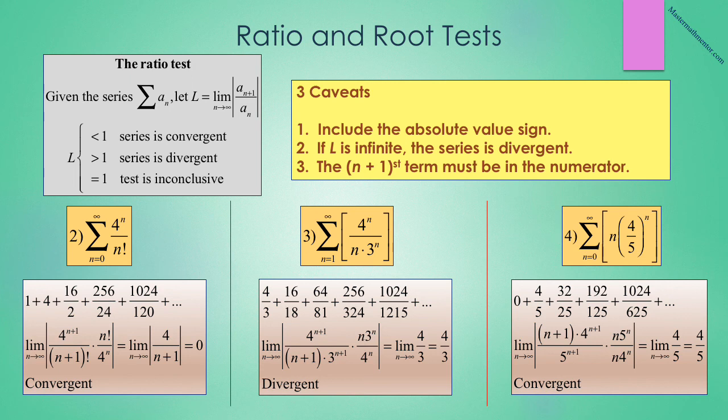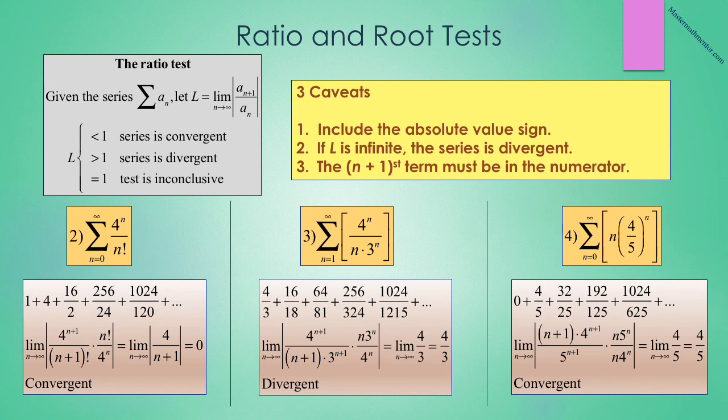And it appears that the numerator is getting bigger than the denominator. However, that is not proof, and we'd need to look at more terms to determine whether this passes the nth term test. It really is easier just to apply the ratio test. So we look at the limit as n approaches infinity of the absolute value of n plus 1 times 4 to the n plus 1 over 5 to the n plus 1 times n 5 to the n over n 4